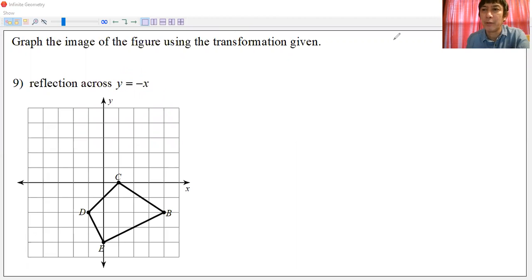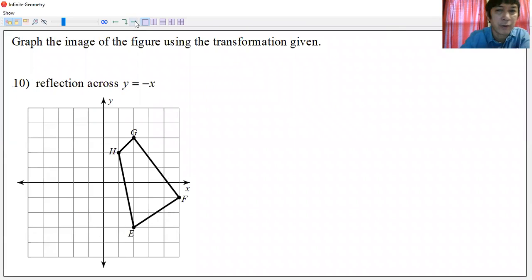Okay, since we are familiar with vertical and horizontal axis or line of reflection, we can try finding another example with this reflection across y equals negative x. All right, so let's continue with, okay, here's number 10. And here's another example of that particular line of reflection. All right, so the line of reflection must be,